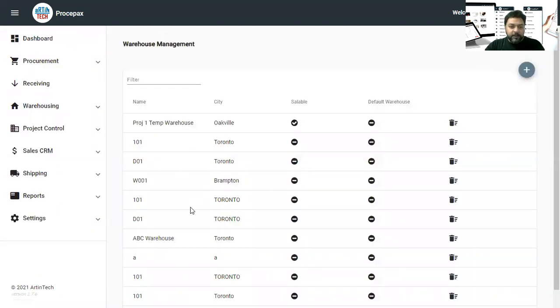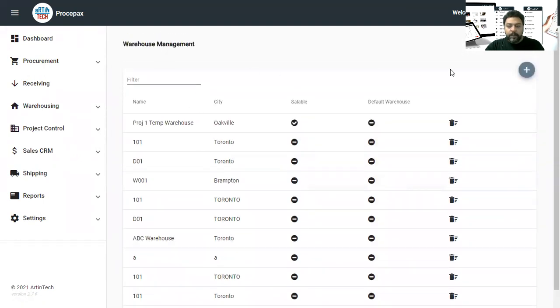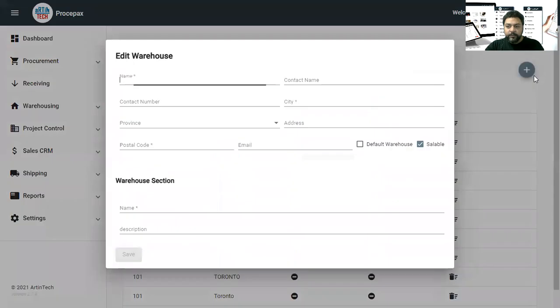As you can see, we already have programmed warehouses, and we have to create a new one. So we will hit plus, and this screen will appear with the details of the warehouse. So we have to add these details: the name of the warehouse, the contact person of the warehouse,